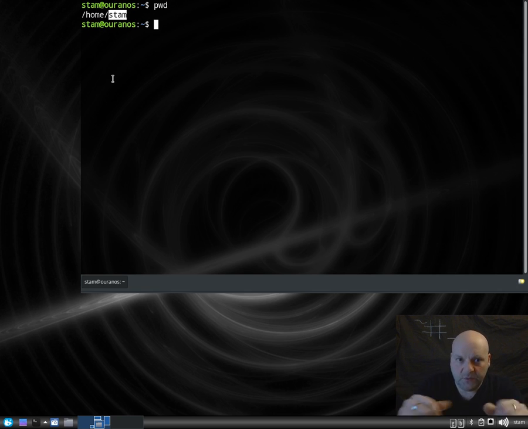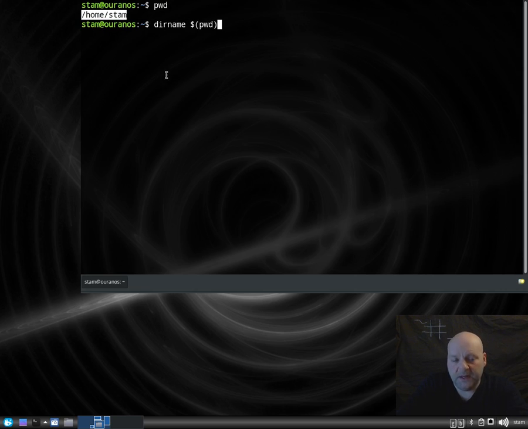Just quickly to show you what I mean: if you do a dirname on $(pwd), the dollar parenthesis with the command inside does the same as putting backticks around it. So you will execute the pwd and take whatever the pwd produces as an argument for dirname, and dirname